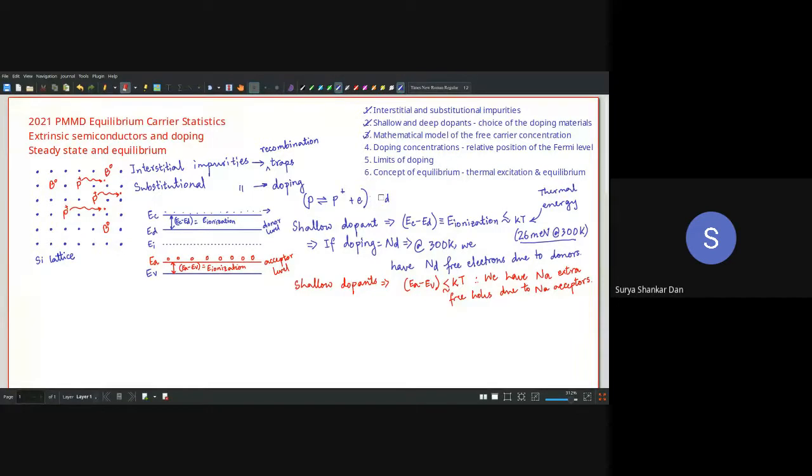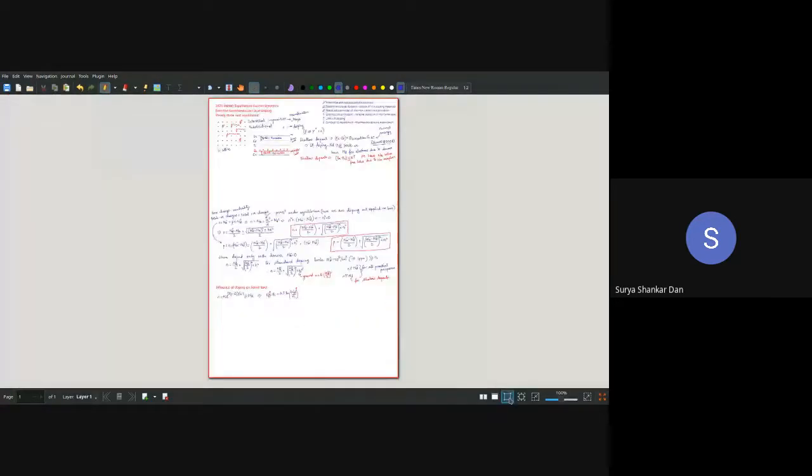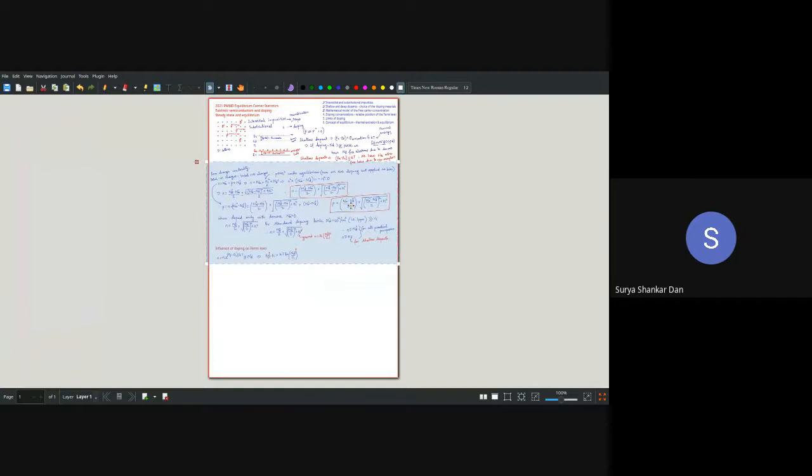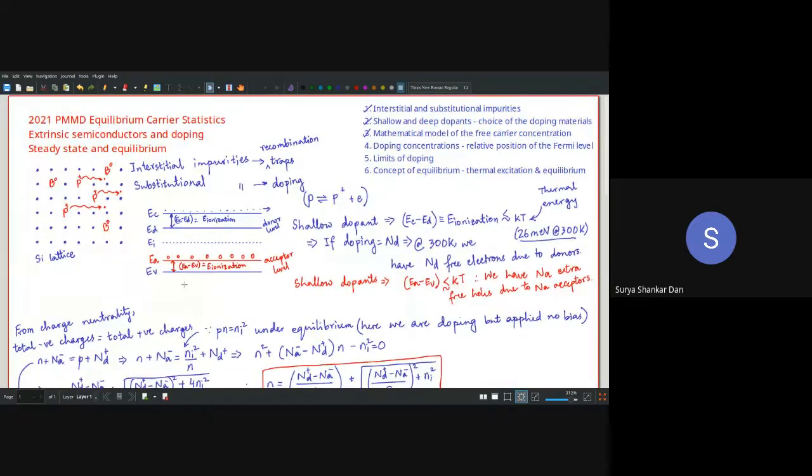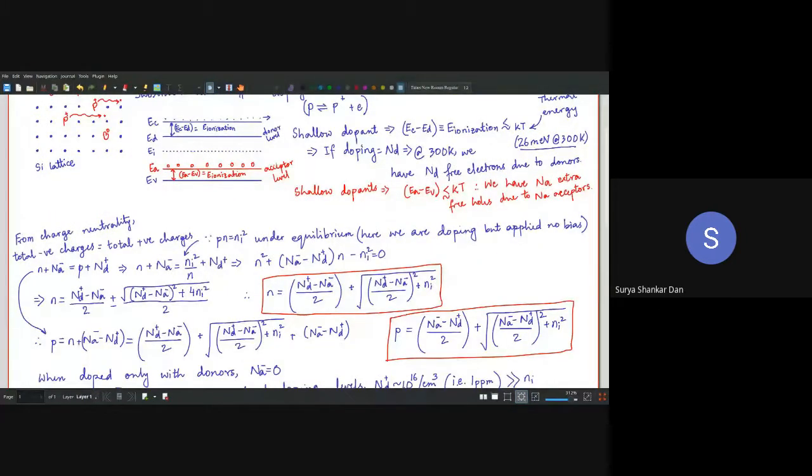Now the point is, whatever is the concentration of the dopants, you are always going to have an equal number of free electrons or holes. Now what we understand is that we are always going to have charge neutrality. So the total number of negative charges will always be the total number of positive charges. But remember, this is going to be true only when you have doped the material.